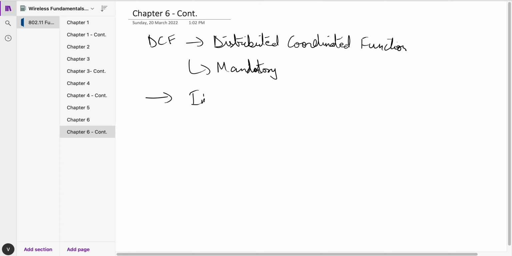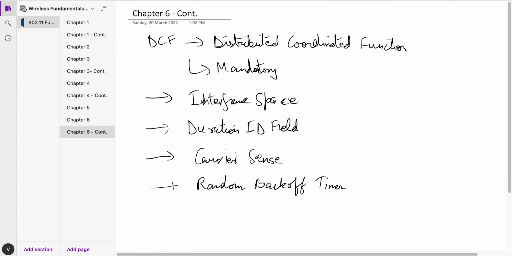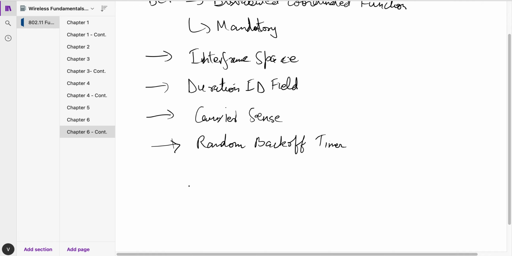One is interframe space. The other is duration ID field. The third is carrier sense. And the fourth is random backoff timer. We will cover these four topics in four different videos. The first one we will cover in this one,